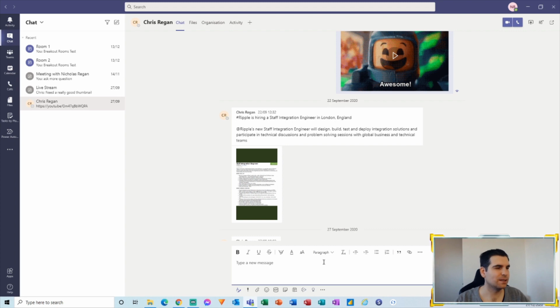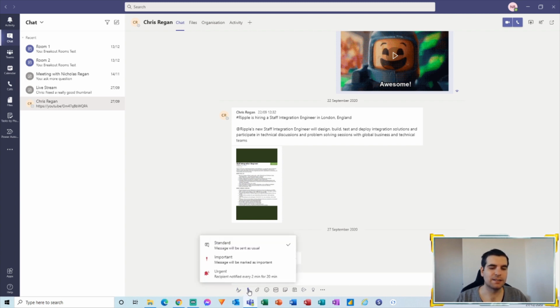I can basically send the message once I am ready to do so. So that is really useful. One of the other features that you get from this area here is the delivery option. Here you can see it's set to standard by default, but you can make this an important message or an